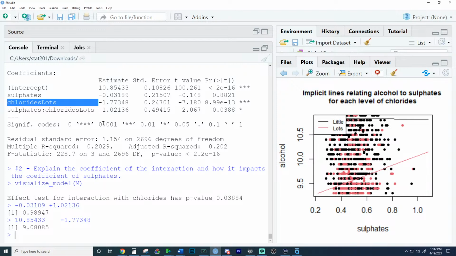which is a big concept we've been covering, how the interaction right here would say that the way in which sulfites impacts alcohol depends on the chlorides in a wine. So the way in which sulfites impacts alcohol depends on chlorides. When sulfites are very little, there's a negative relationship that is very weak. When sulfites are lots, there's a much stronger positive relationship right here, which we can see with the coefficient of 0.989. All of these numbers right here are great to quote,